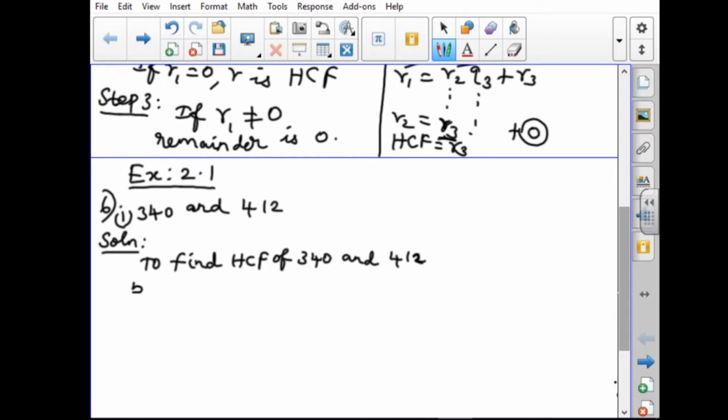They have given the condition to use the division algorithm, so we have to use that condition. Using Euclid's division algorithm,